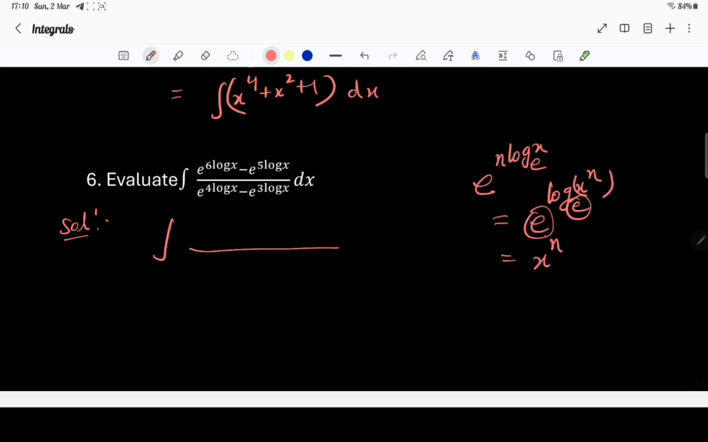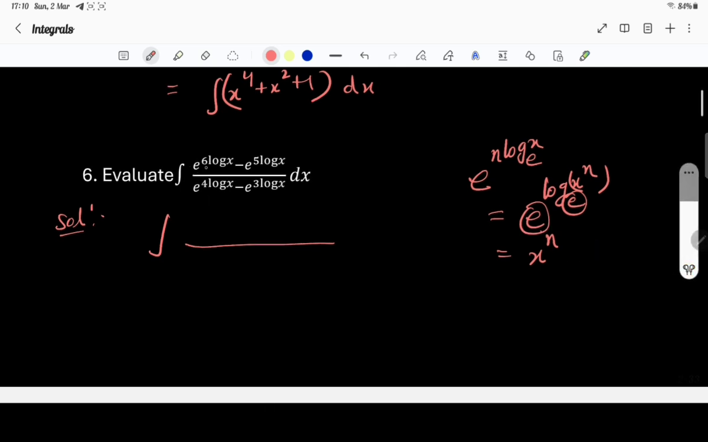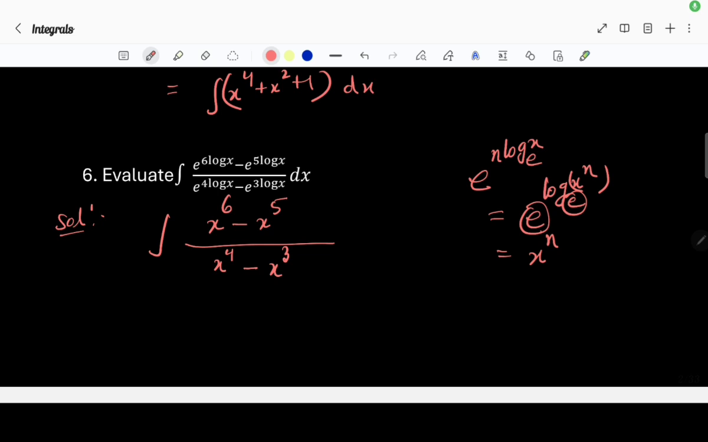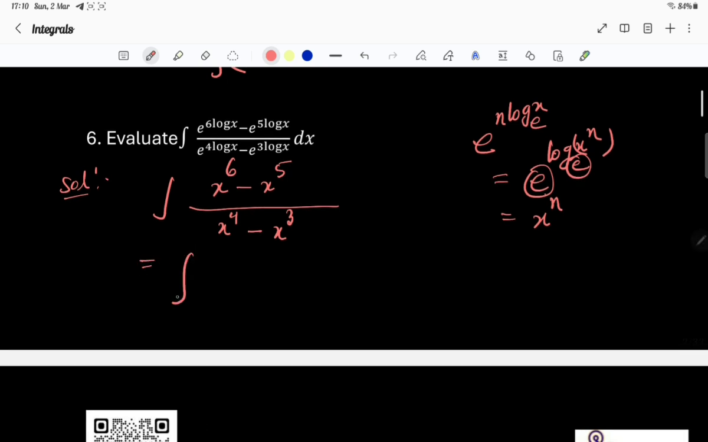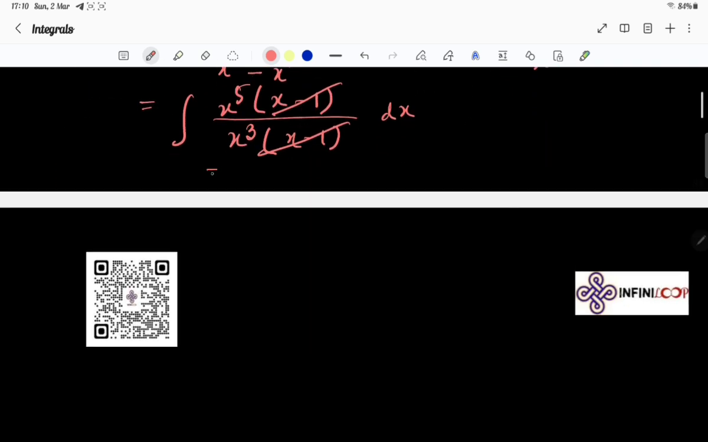এখানে কী হয়ে যাবে, x⁶ ক্লিয়ার, x⁶ মাইনাস x⁴ ডিভাইড বাই x⁴ মাইনাস x³। তো এখানে আমরা কী করতে পারি, কমন নিতে পারি, x⁴ যদি কমন নিই তাহলে আসবে x - 1, x - 1 কাটলো ফ্যাক্টর দুটো, তাহলে কী পড়ে থাকলো দেখ, ইন্টিগ্রেশন x² dx, সিম্পলি x³/3।